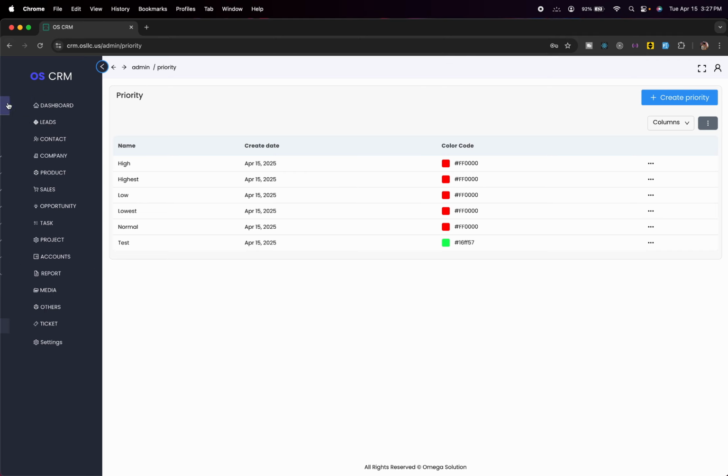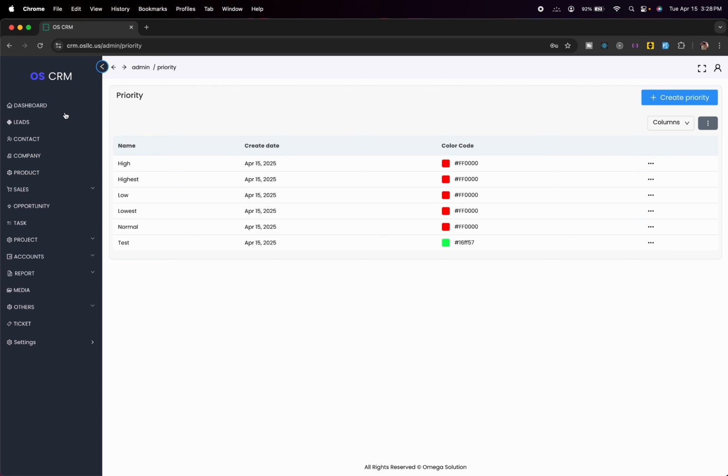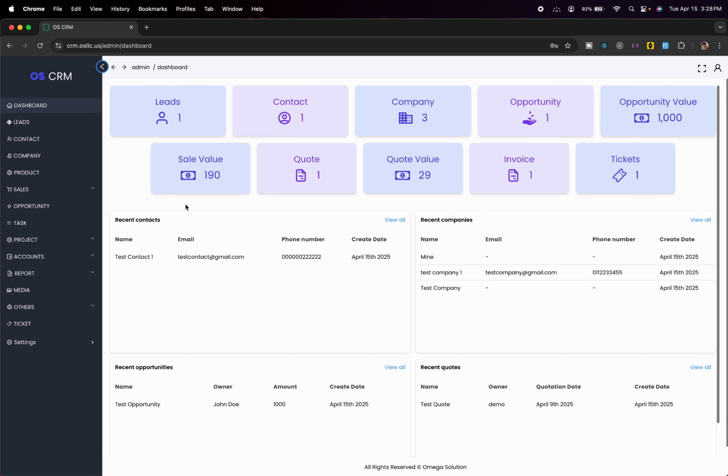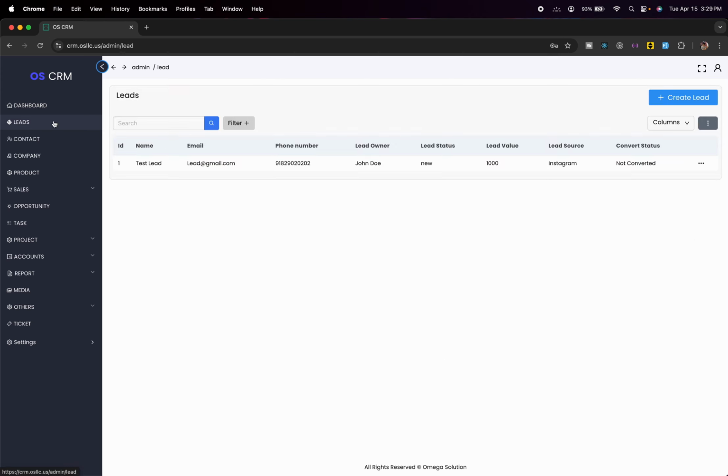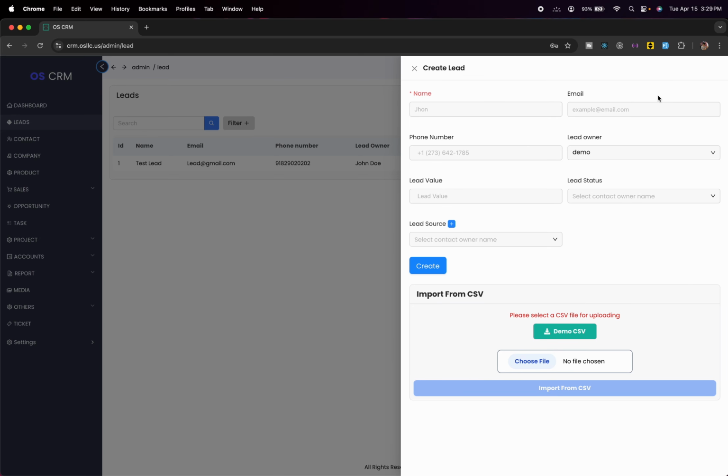So basically that was it for the CRM setup. And in the dashboard you can see there are some updates going on here. Our leads value changed, our contact value changed, our company value changed. And there is another thing I want to show you, which is by going to leads, then create leads. And if you have a lot of previous leads information,